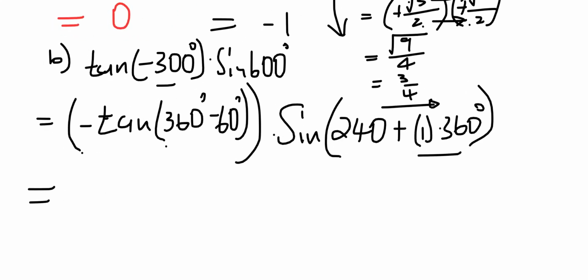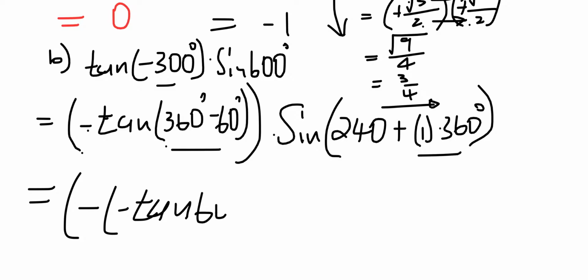So I hope you now remember to say this will therefore fall away on the next step. Now you can see this thing, it falls in which quadrant? It falls in quadrant 4. And in the fourth quadrant, tan is negative. So that means you have this negative that you had, and then you still have this one of negative tan 60 degrees multiplied by, now since this one falls away, you have sine of